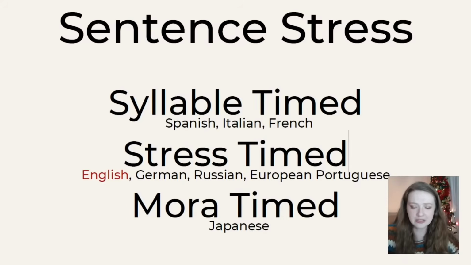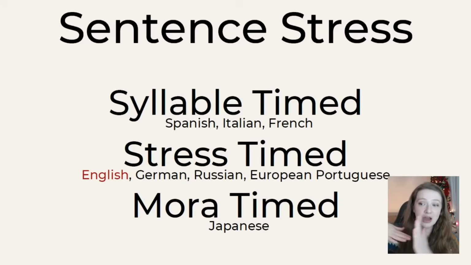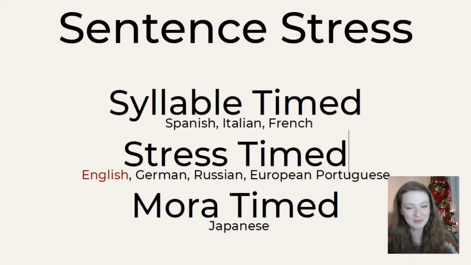So there are two ways of counting it in these charts. There is the number of syllables per second, and English falls very, very low down. Japanese and Spanish are right at the top. The fastest is Japanese, the second is Spanish, and then it goes down, down, down, down, down, and then English is right at the bottom. I think English only just overtakes German, but not by much.